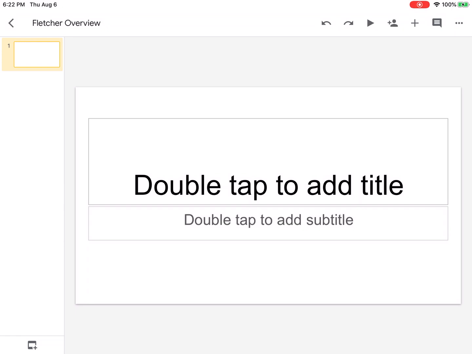Now, we need to talk about what you're seeing in your screen. We basically have three parts. You got this little part going across the top. You got the little window, the little pane over here on the left-hand side, and then the main part of your screen is your work area or your slide. So up here at the top, you see the file name, Fletcher Overview, and then you see